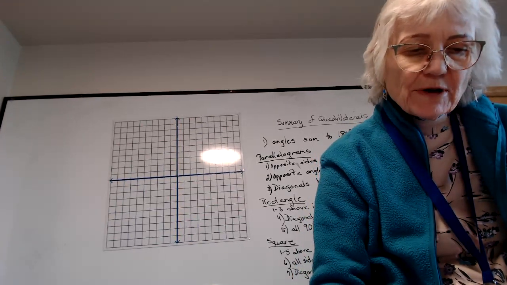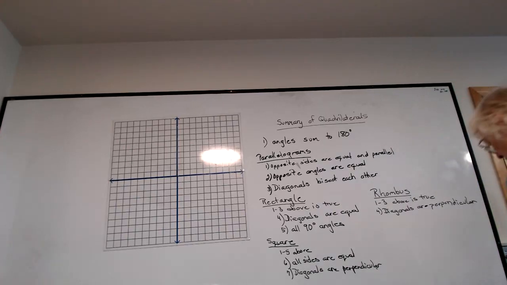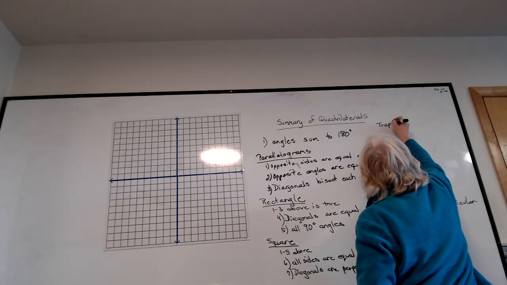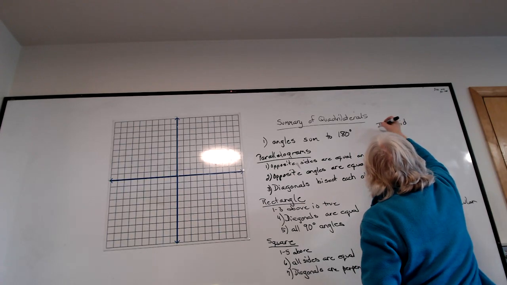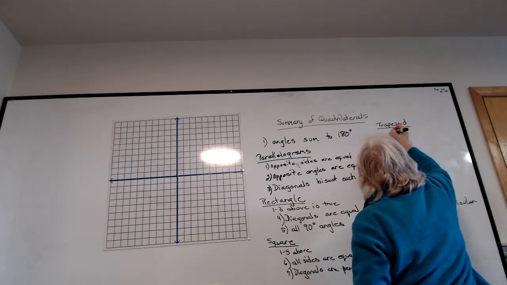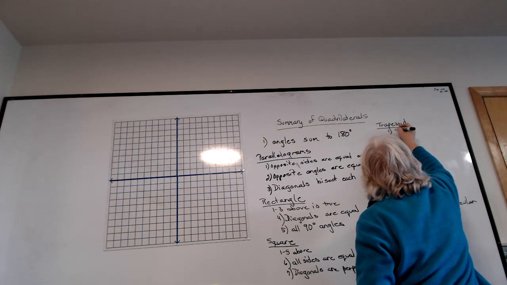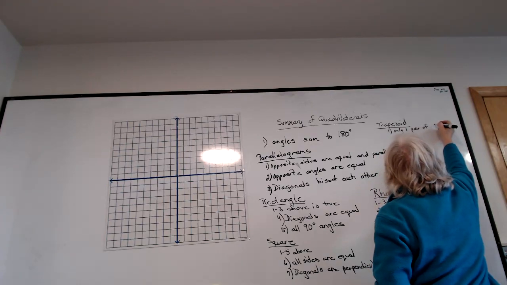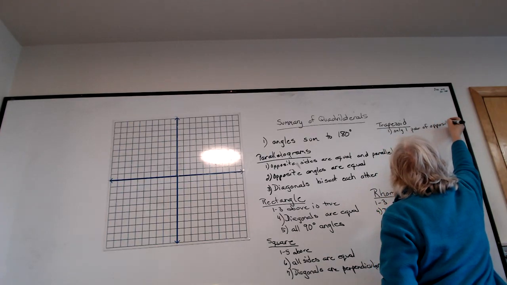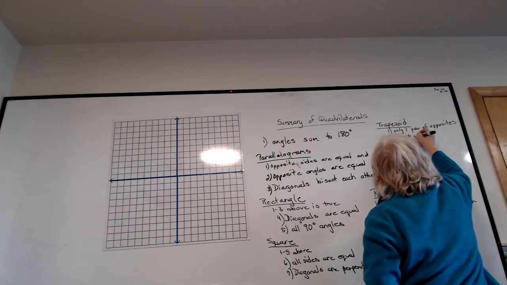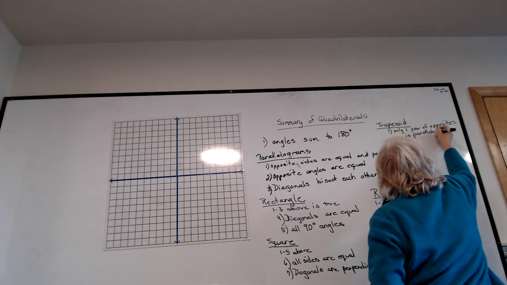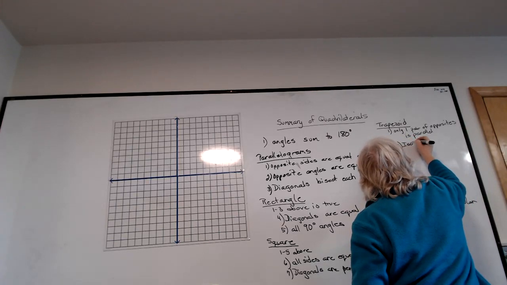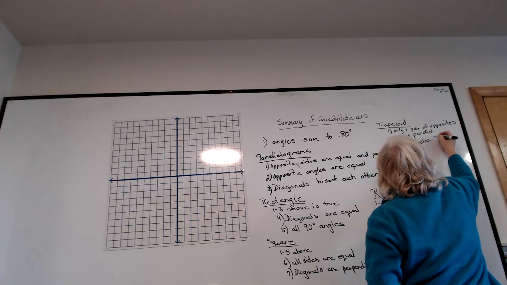And then we went into one that really isn't related to anything. It's kind of up above. It's the biggest category of quadrilaterals, which is a trapezoid. And in a trapezoid, it's where only one pair of opposite sides is parallel. Okay. And number 2, we define an isosceles trapezoid